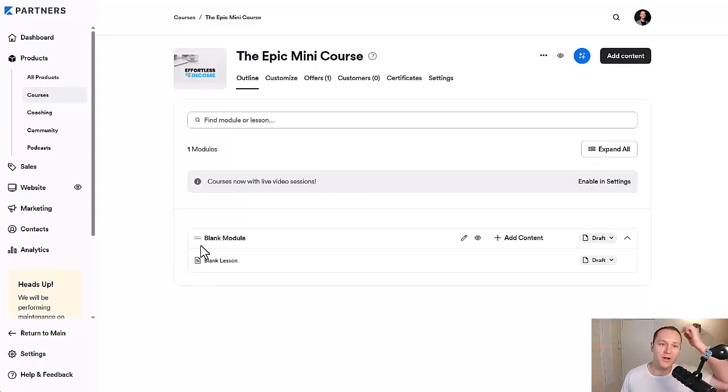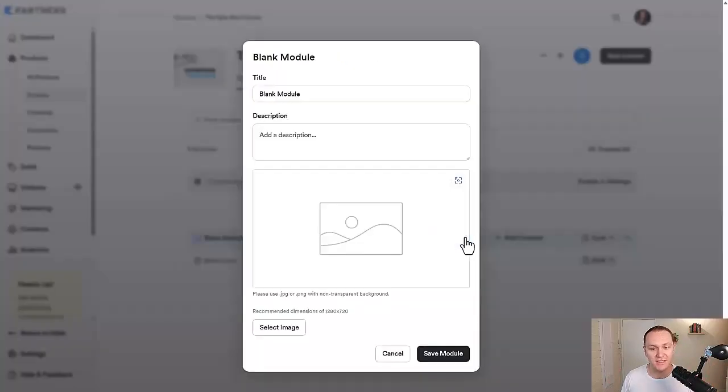So once you understand the transformation you're going to help people have, then we want to go in here and add content. Okay, so like I said, 5 steps. This is a module where it's bold right here. This is the lesson. So people get mixed up. They think that the lesson is a quote unquote module, but it's not. A module is a collection of lessons. So what we'll do is blank module. You can customize this. We can edit this, and we'll say like